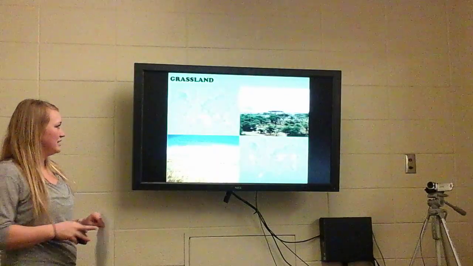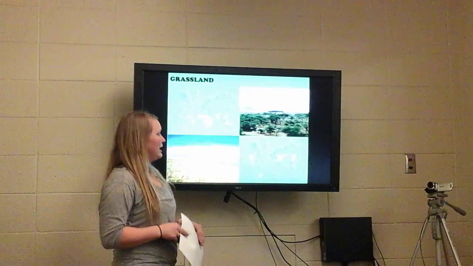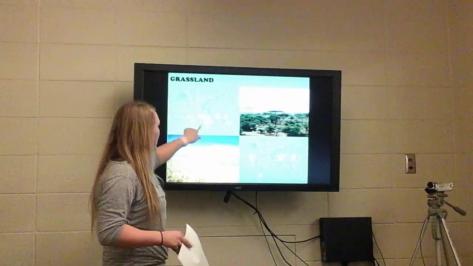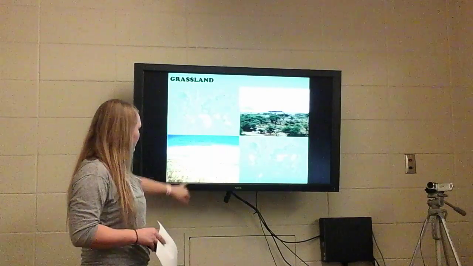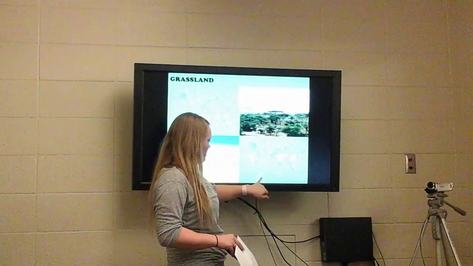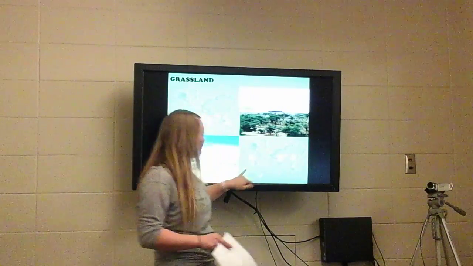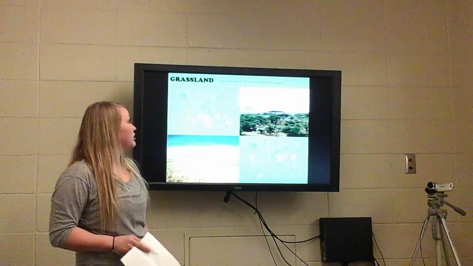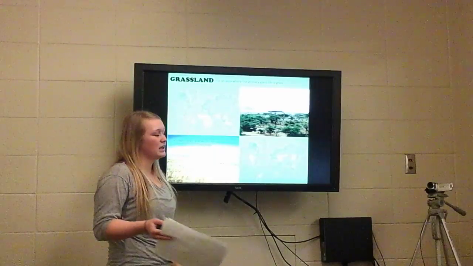Now it's the grasslands. So the tropical grasslands are in the tropical climate zone, so that would be Africa. The temperate grasslands are found in the temperate climate zones, which would be some of Europe, some of South Africa, or South America and North America. The grasslands is characterized by